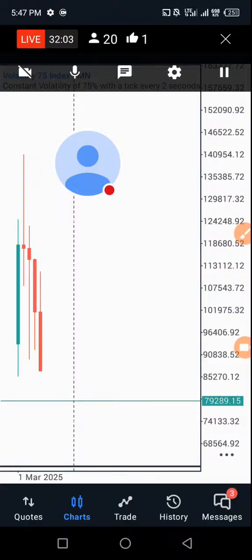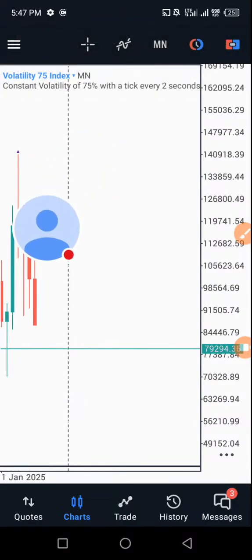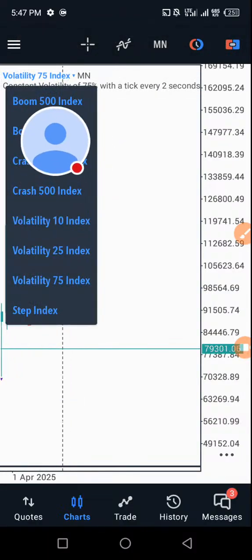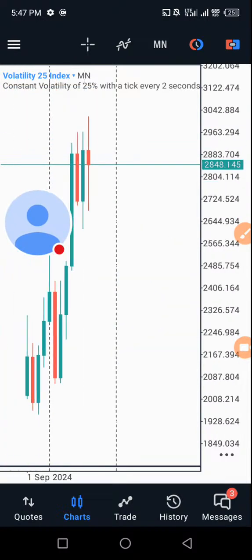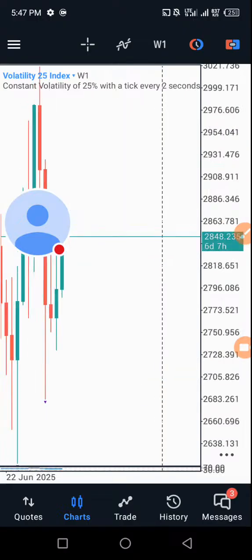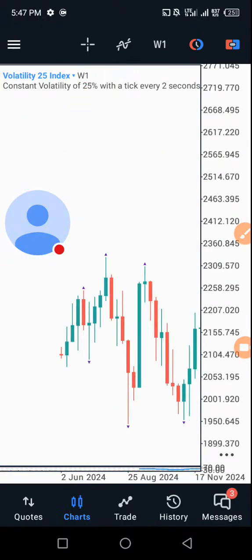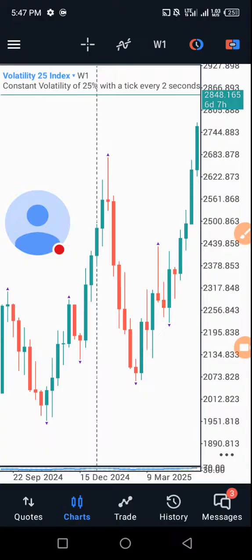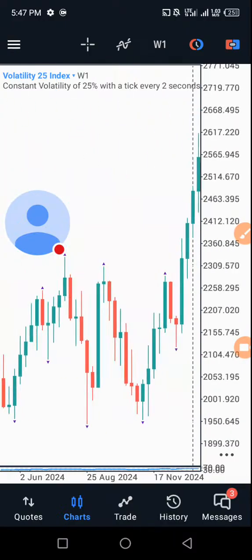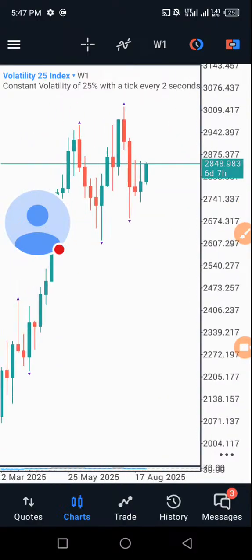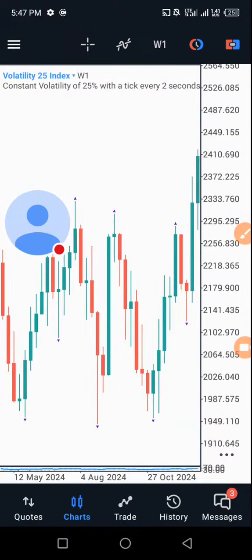So guys, let's just stick with VIX 25. Okay, so on VIX 25, let's go to the weekly time frame. So if you look at VIX 25, guys, you notice on the weekly time frame,